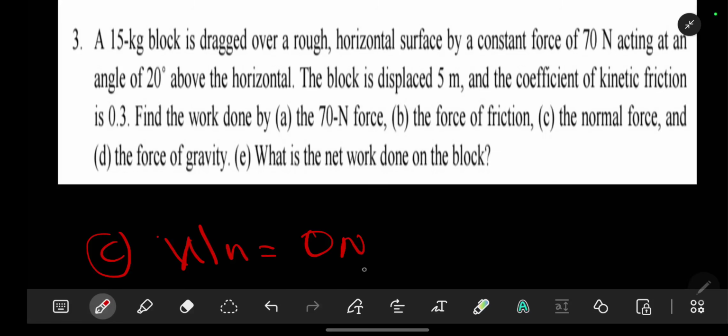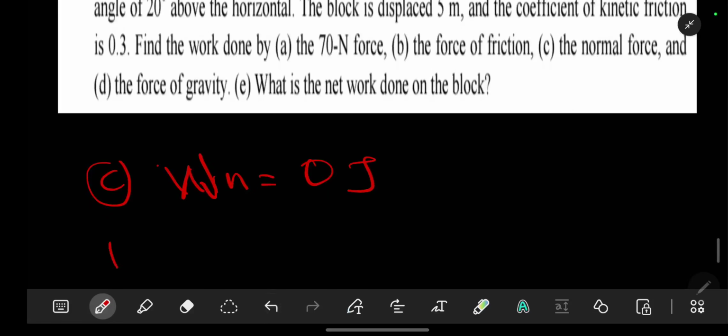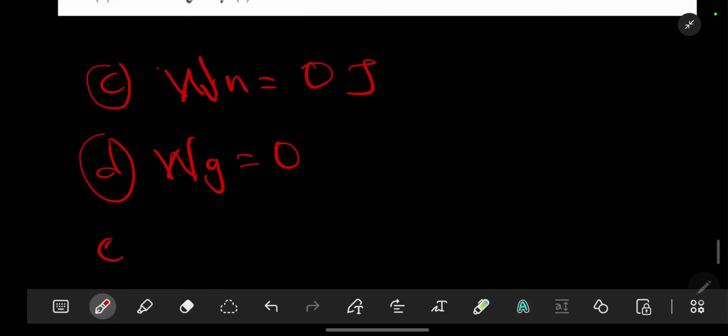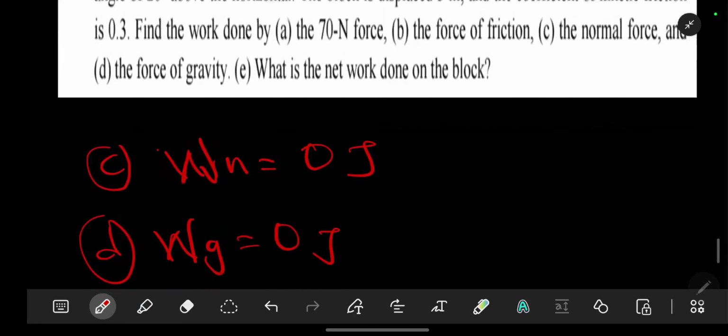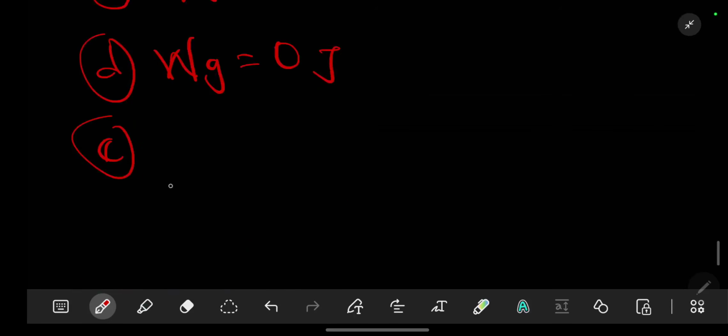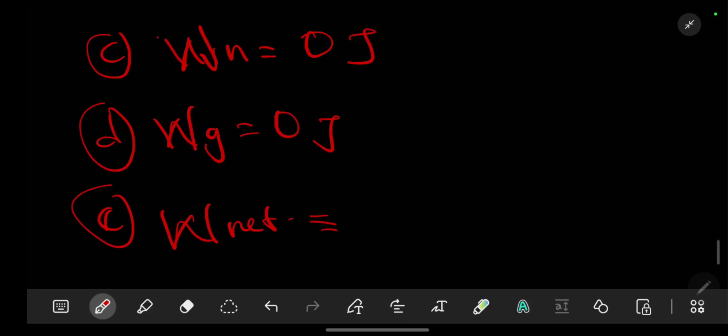By now we know that it's 0 joules. There's no work in that direction. D, work done by the force of gravity. For this one, it is still the same. E, net work. So net work should be equal to